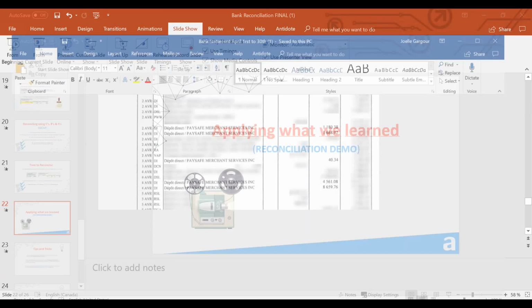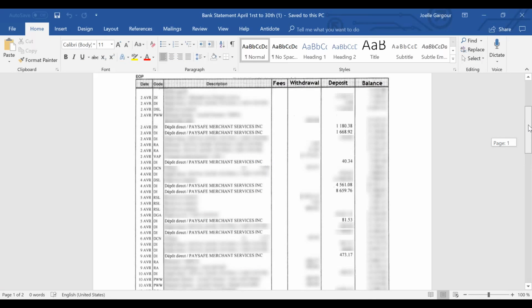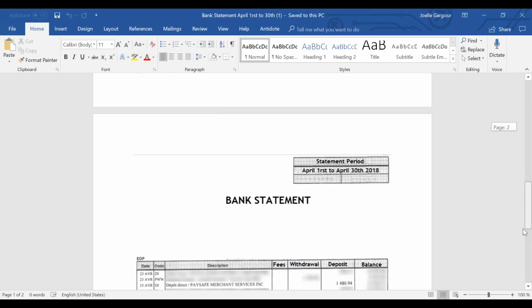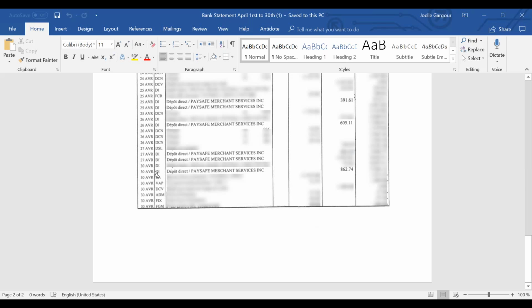So let's follow the steps that we just saw in the presentation, and we're going to start with opening up our bank statement, where we're going to identify our C1 and C2 dates by looking at the first and last deposits from your payment processor. So we can see here that our C1 date is April 2nd, and our C2 date is April 30th. Now that we have identified these dates,